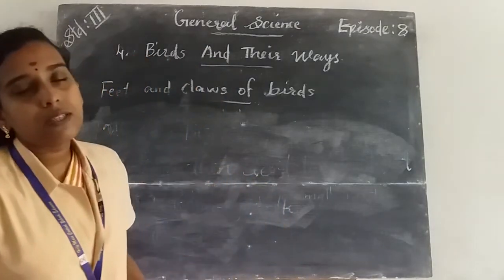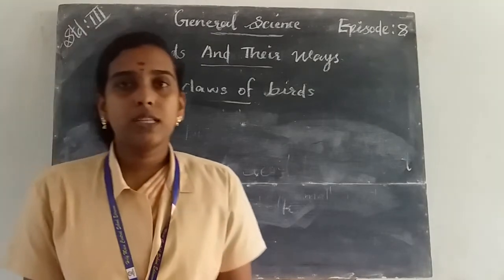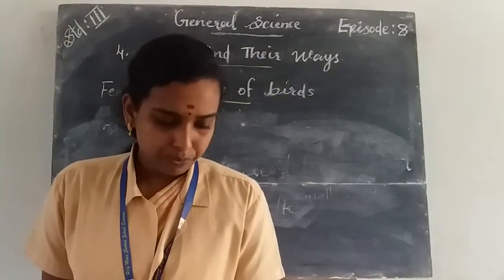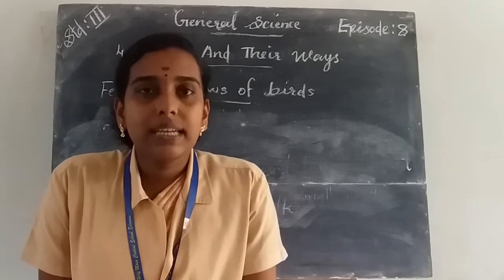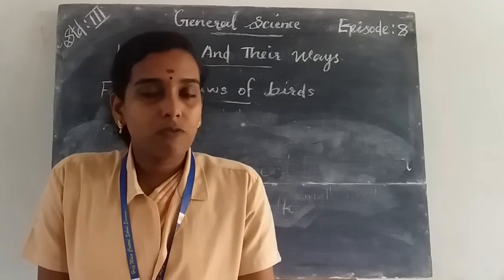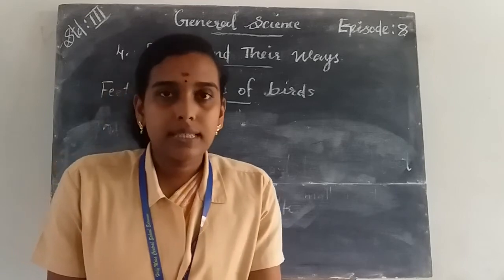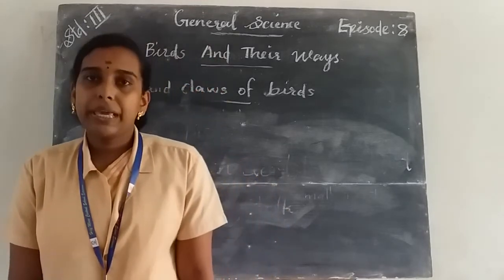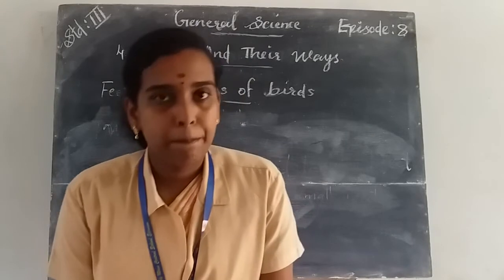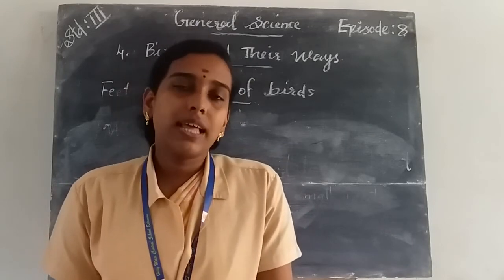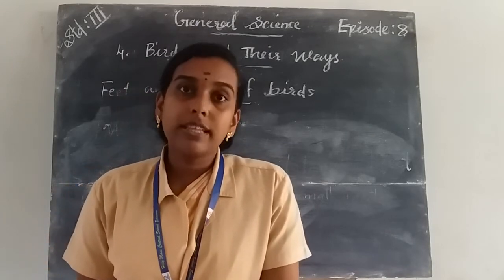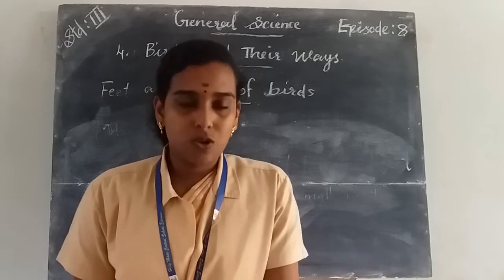And scratching birds also have 3 toes in the front and 1 at the back, and they use their toes to scratch the ground to find insects, small animals or worms. Such types of birds are called scratching birds. Examples, peacock and hens are scratching birds, and they scratch the ground with the help of their toes. Their toes are very sharp and strong.